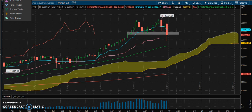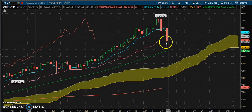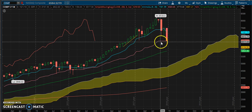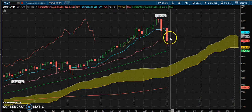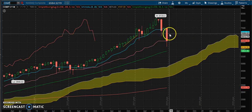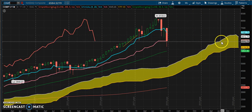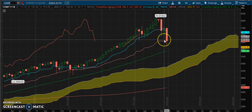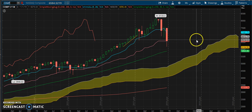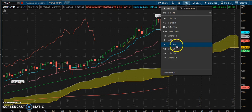Even the Nasdaq, same scenario. Nasdaq sitting on the monthly Kijun here, so we'll have to see what happens. If they can hold the Kijun, we could have a sideways market probably for the entire year here, until we break out, maybe in the next couple of years. But that's a longer term prediction. At this point though, for trading, looking at the